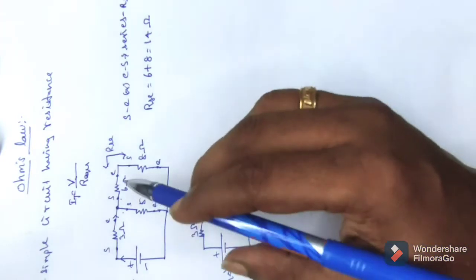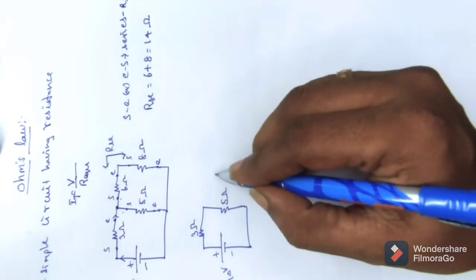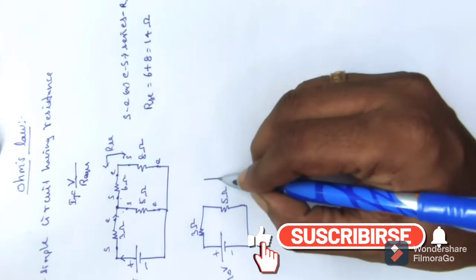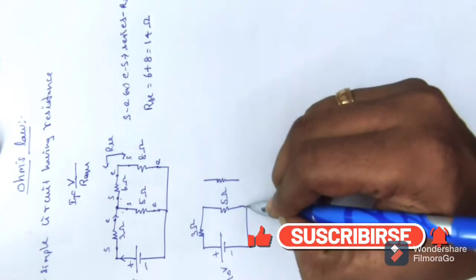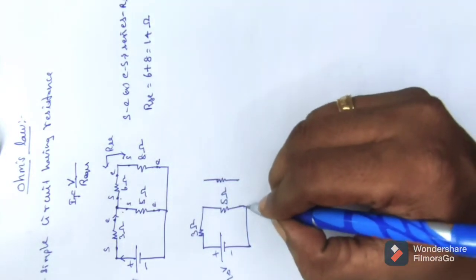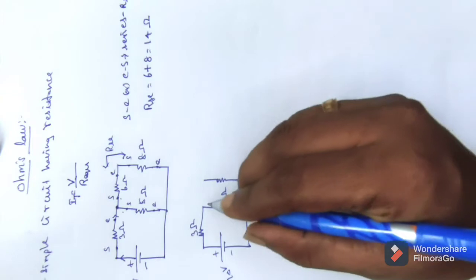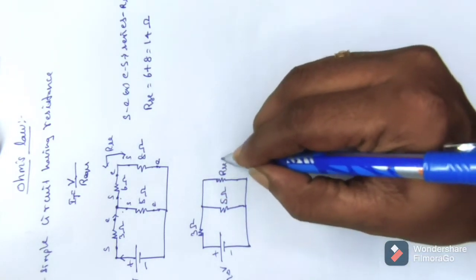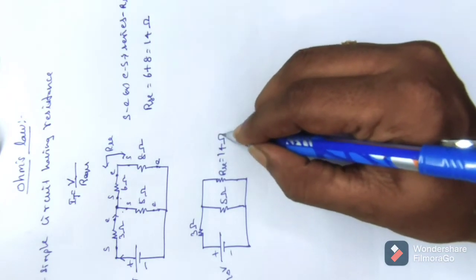That R_SC we can write on a horizontal side or a vertical side. It is our own wish only. For compatibility purposes, I am writing it like that. Either this direction or that direction, both are the same. So I have connected it with the existing circuit, and this is my R_SC, and the value of the R_SC is 14 ohm.